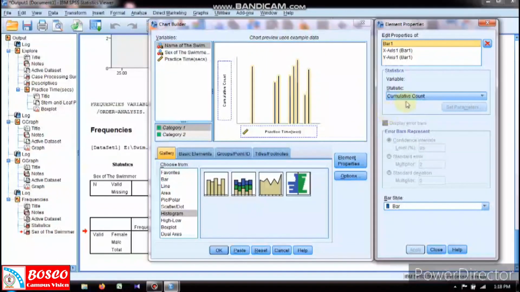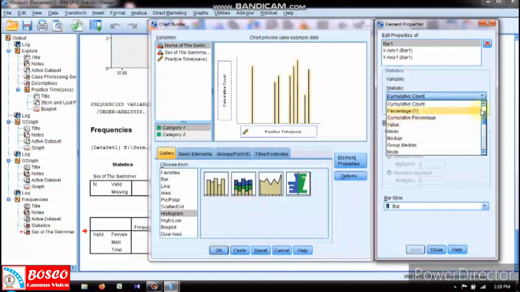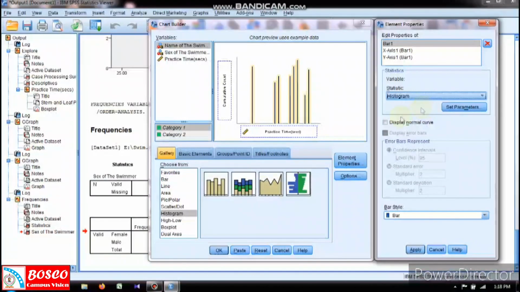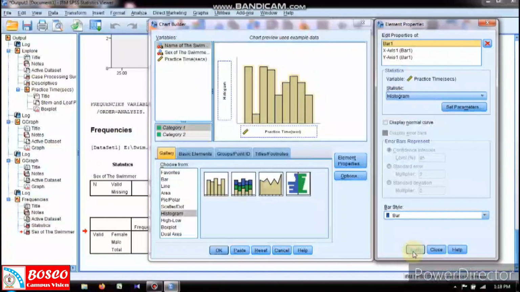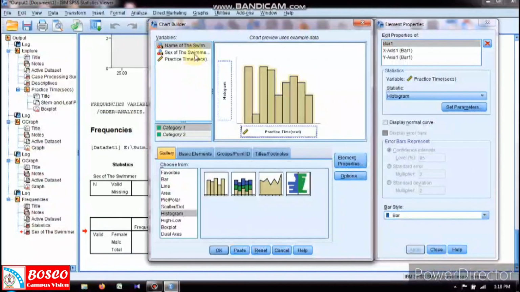You have to change the statistic back to histogram, and you can click apply. And now you can select the variable sex of the swimmer and drag it to the histogram here. Sorry,